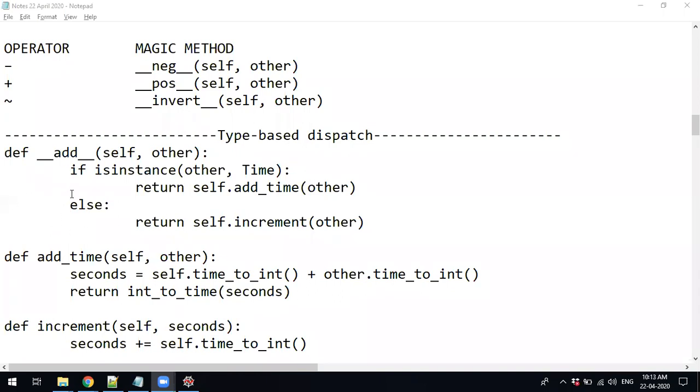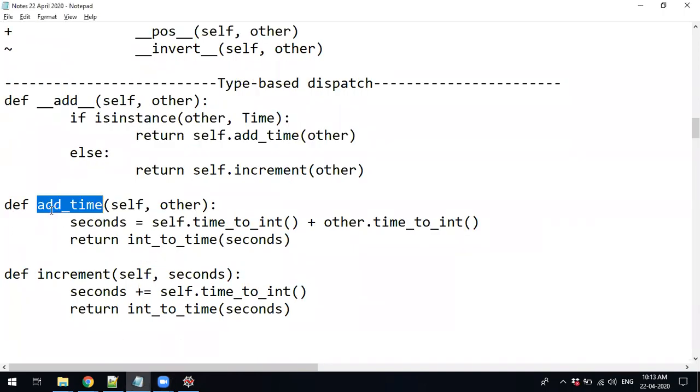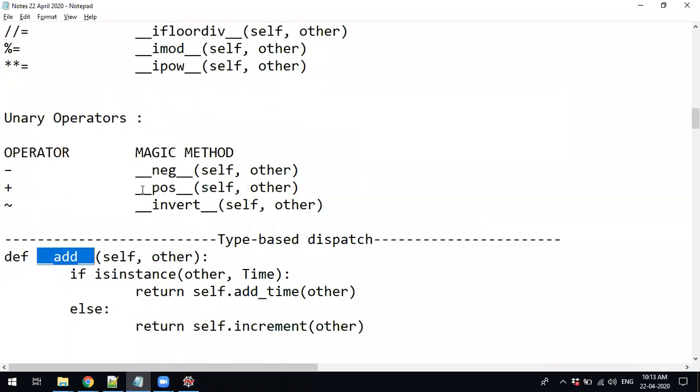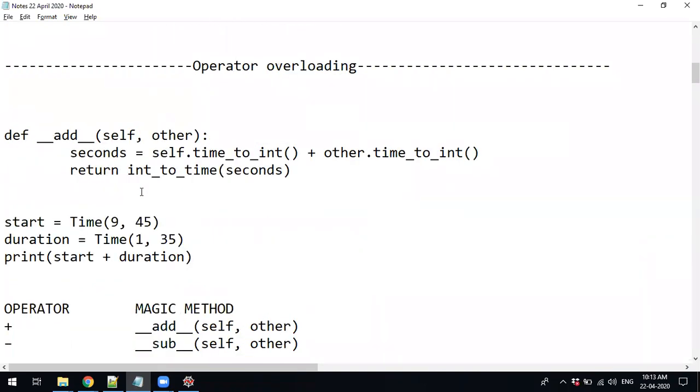Then see here, there are two functions, add_time and increment. Which function to call, I'll decide based on checking the instance. The first function is called add. I'll add the two objects, one is start, another one is duration.